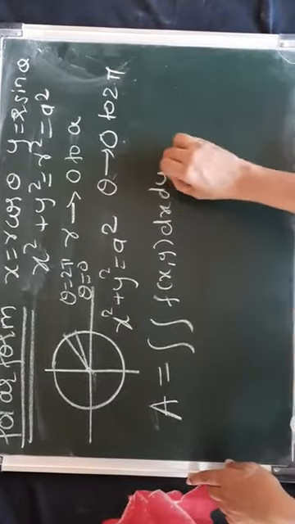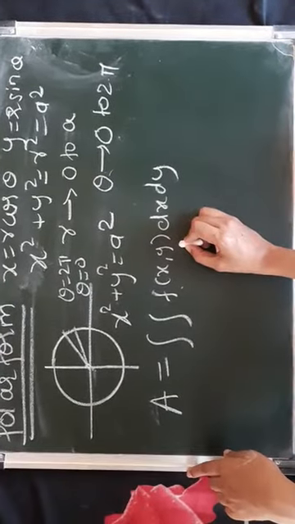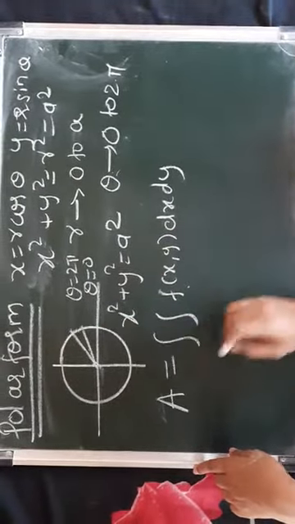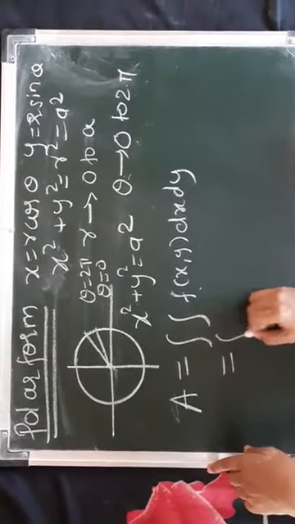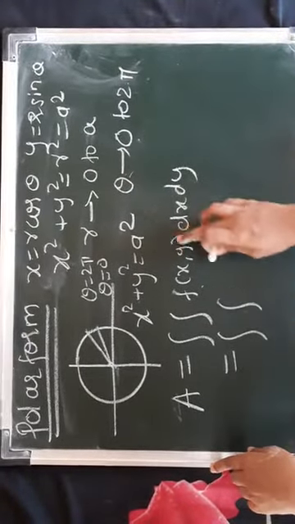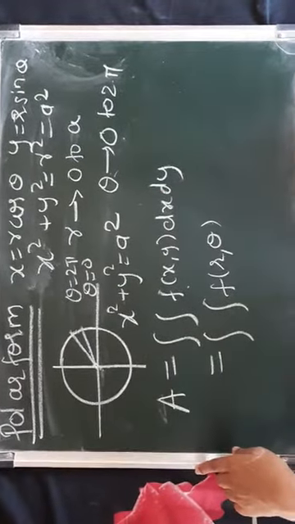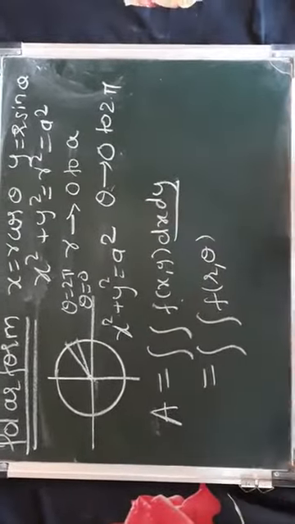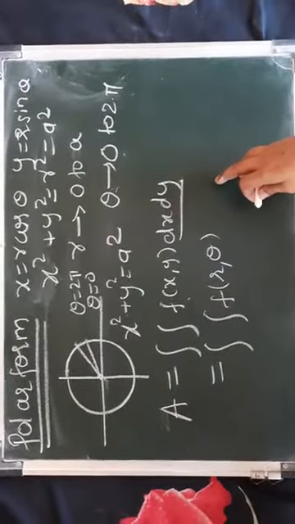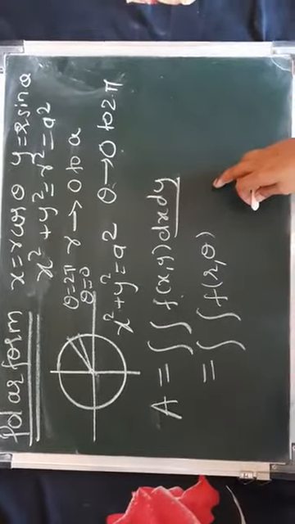This was your question, where f of x, y is the density of the particles which are present in the area. This I have to convert to polar form. So x is r cos theta, y is r sin theta, therefore it can be converted to some function in r and theta. dx dy won't go directly to dr d theta. This I had told you in M1 when we did Jacobian.